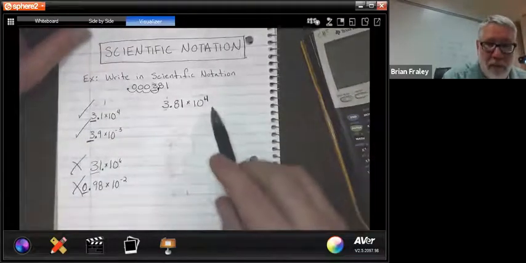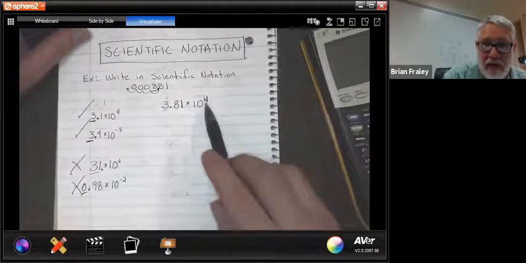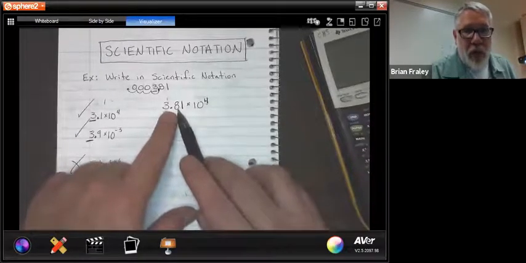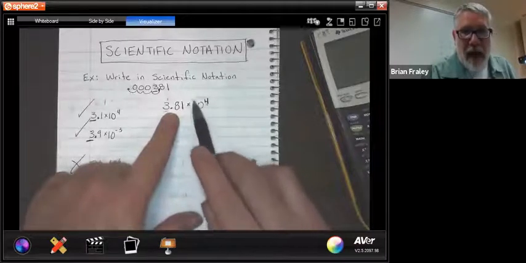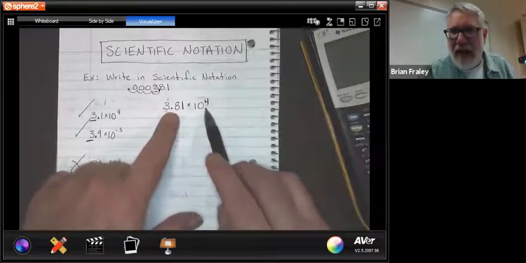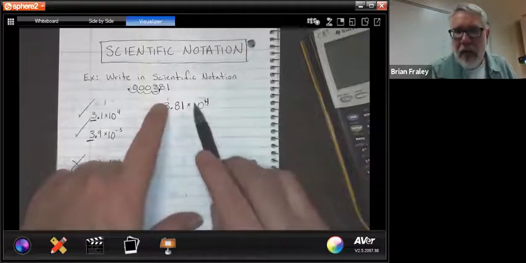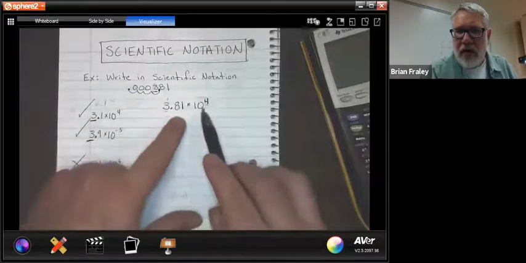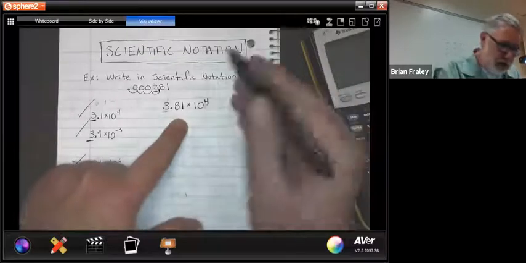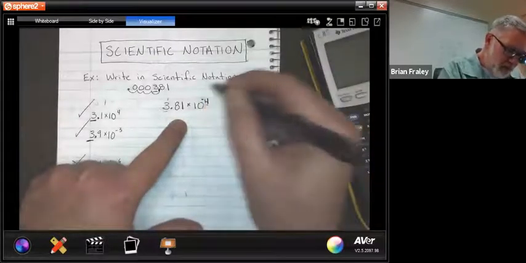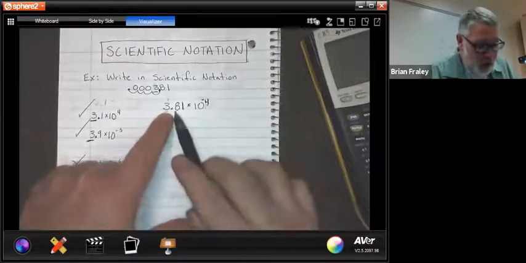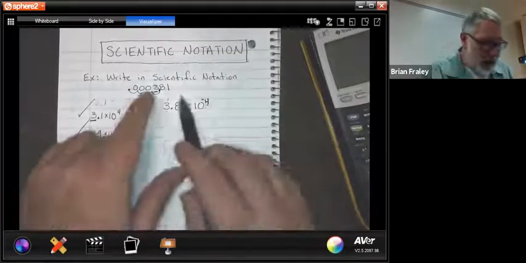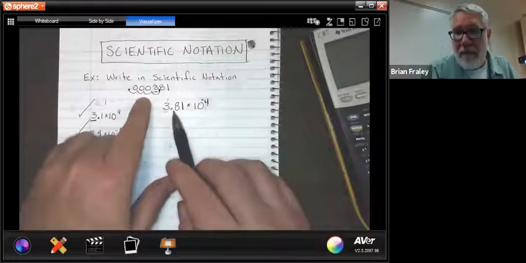Now, the problem's going to be, is this supposed to be a positive or negative exponent? Well, I want you to think about it from here. If I take 3 point something and multiply it by a positive, that should make it grow and get a bigger number. But that was really a small number. It was little. It was 0.000 something, which means that it's not positive, which means it should be a negative. Because when you think about it, if I multiply 3 point something times a negative, that should make my value get smaller. And this was a very small value compared to that. So that's how you always check,